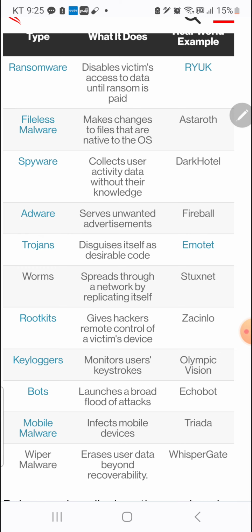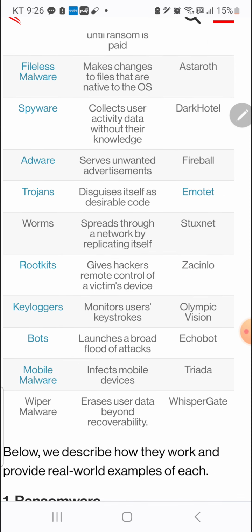Spyware collects user activity data without their knowledge. Dark Hotel. So if you check in or stay at Dark Hotel, all the activities and information are collected by spyware. Adware serves unwanted advertisements. Fireball. Trojans disguise themselves as desirable code.